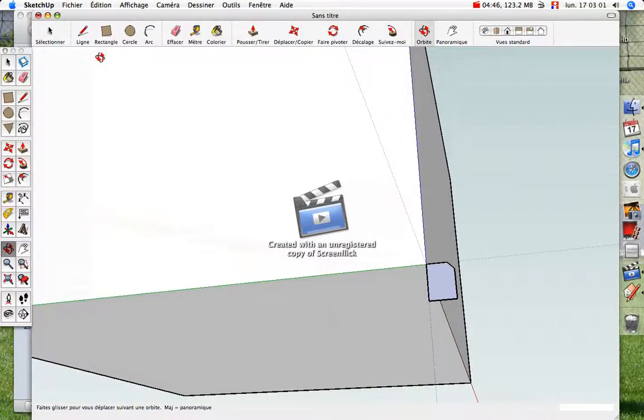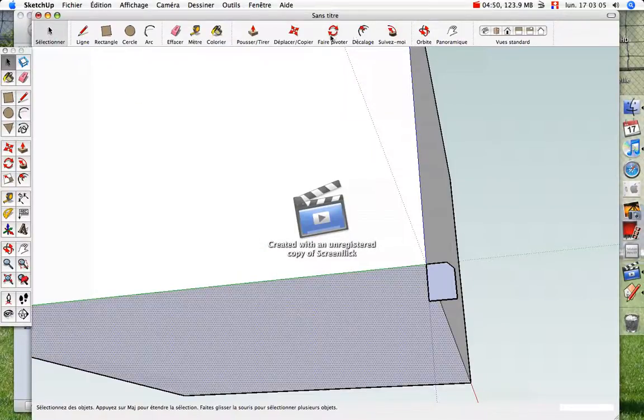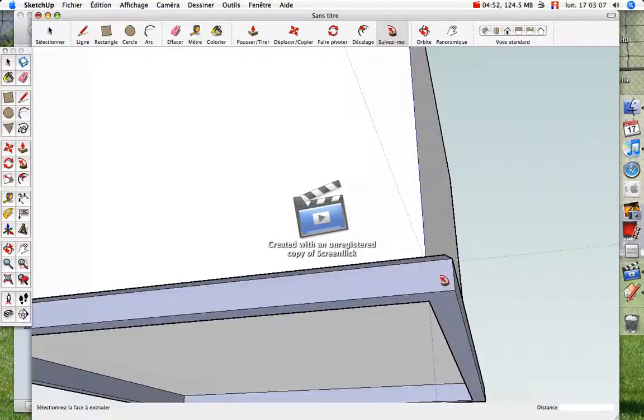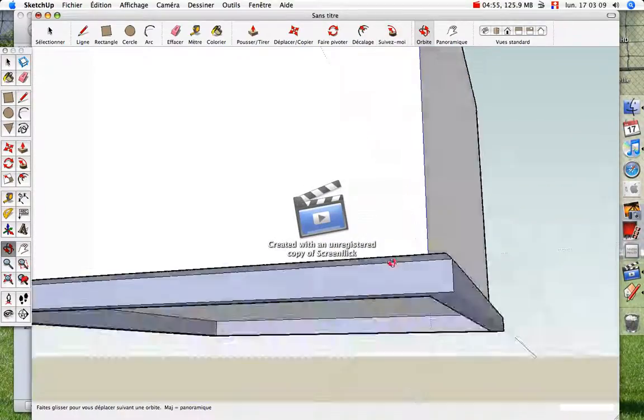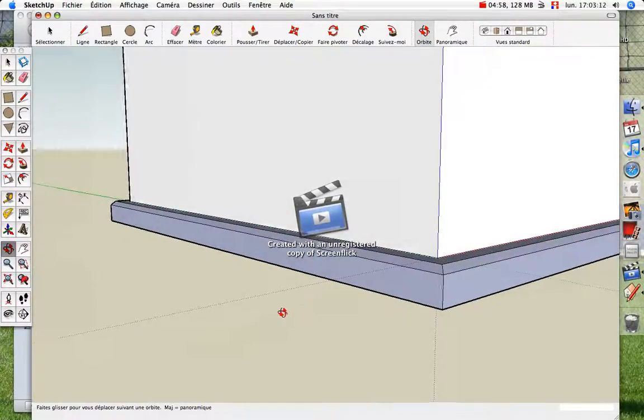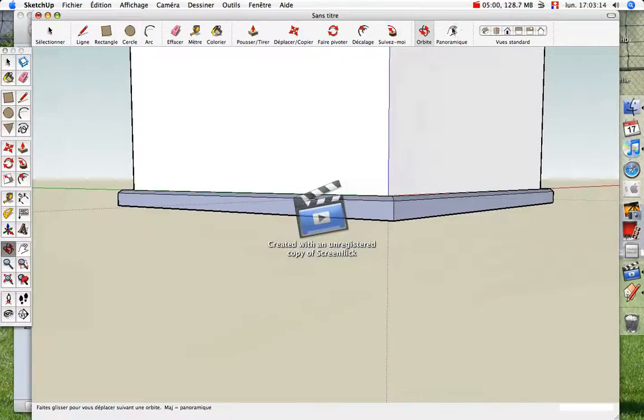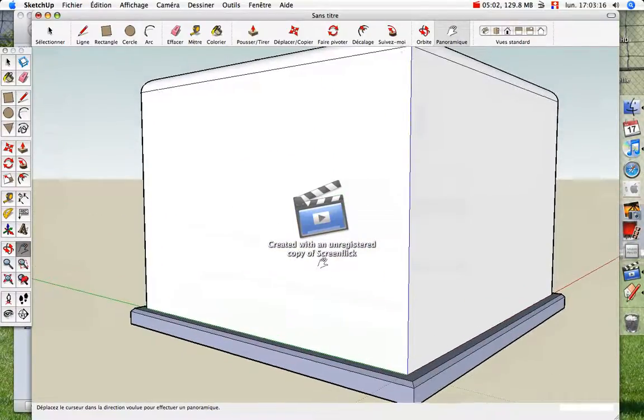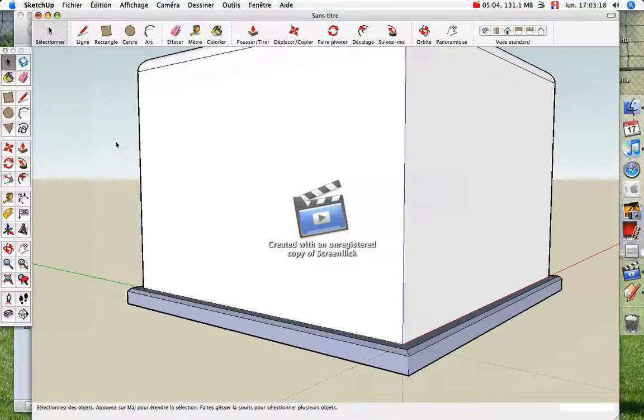Click on the bottom face, select tool. Select the bottom face and then use the follow me tool, click that. Now, this looks really cool. It's like a bottom thing. And if it turns blue, what you can actually do to make it not turn blue is select what